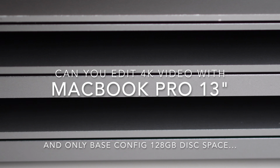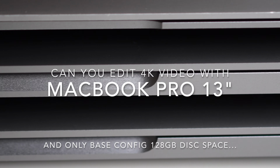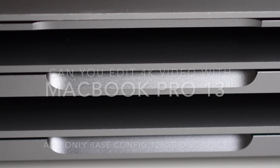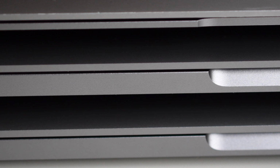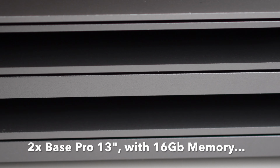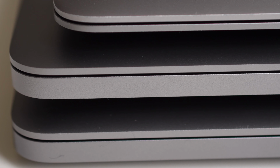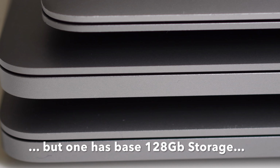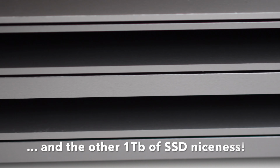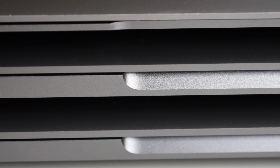So here is my little trio of Apple Macs. We have at the bottom a bog standard MacBook Pro 2019 with 16 gigabytes of RAM and a terabyte of storage. Next up, we have the bog standard one with 128 gigabytes of storage, and the only thing that's been upgraded is the memory. And on top we have my old early 2015 MacBook 12-inch, which has been through a lot